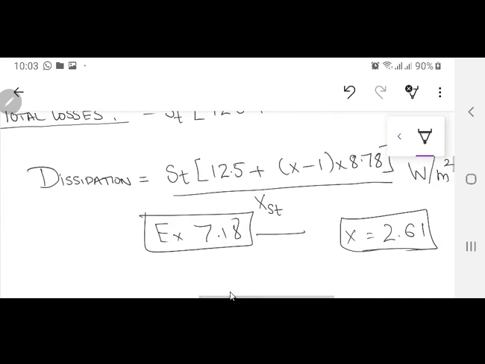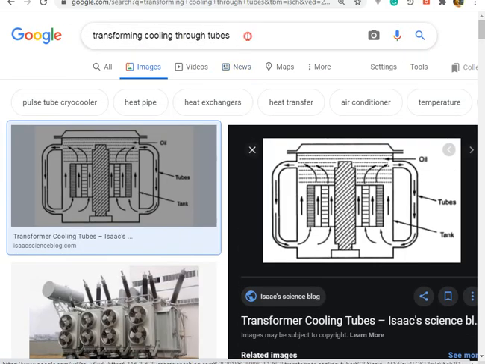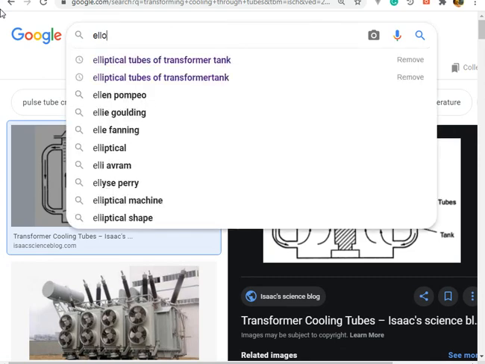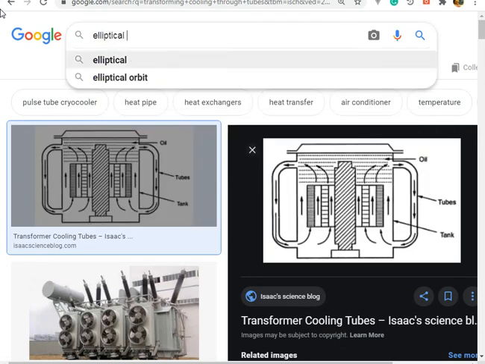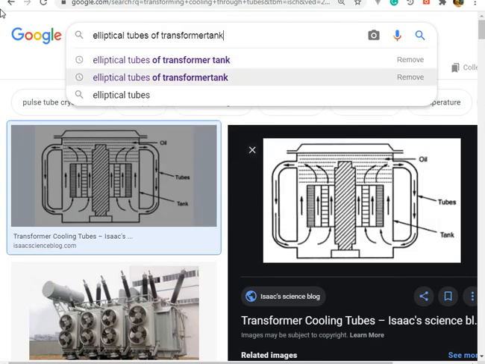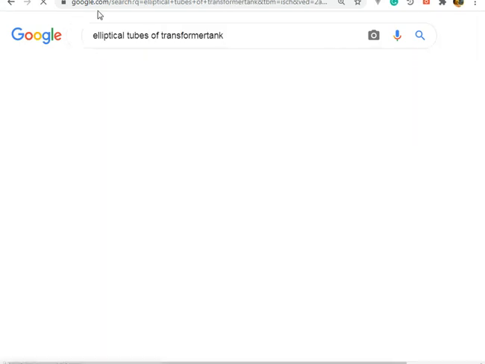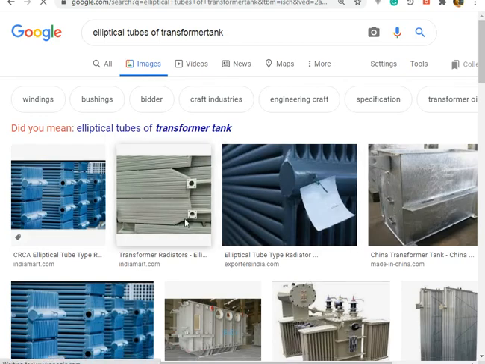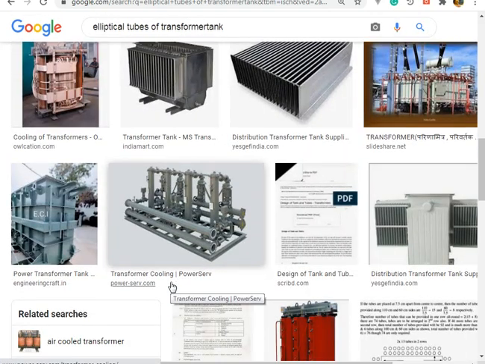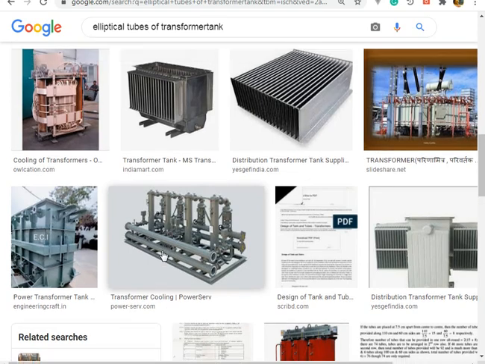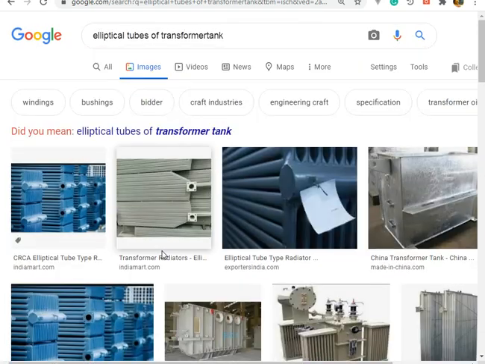Any questions with this one? Elliptical tubes and or round tubes. Elliptical tubes ज़्यादा in है. I try to actually find elliptical tubes for you, but actually this is elliptical. Oh yeah, come on, elliptical tubes of transformer tank. These are not actually elliptical tubes. I'm actually, खैर आप लोगों ने अपने घरों के बाहर ट्रांसफार्मर देखा ही है, you have practically seen that tubes. They are not circular, they are elliptical tubes over there.